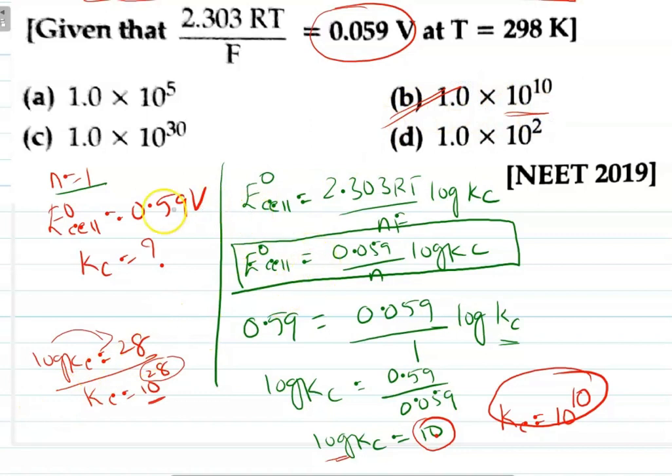So the trick is very simple. It is a simple question, but I have taken it because we have to solve those equations which contain E naught cell and Kc also. So the simple equation we need to use and we need to calculate. Here is a trick you need to go on with. Whenever you get the log Kc value, if you want Kc, just raise that number to the power of 10 and that will be your answer. So we'll take up the next question. Next question.